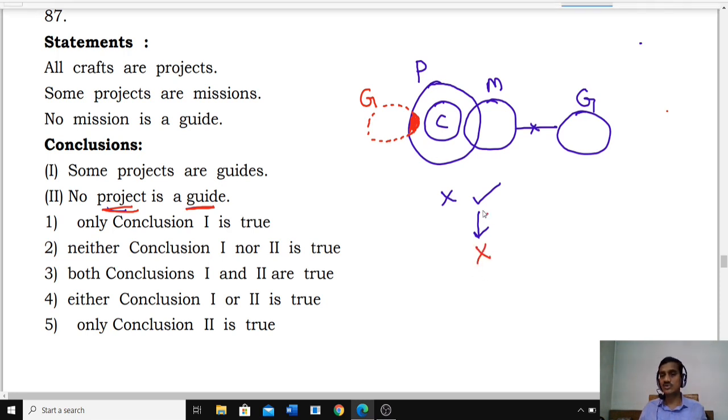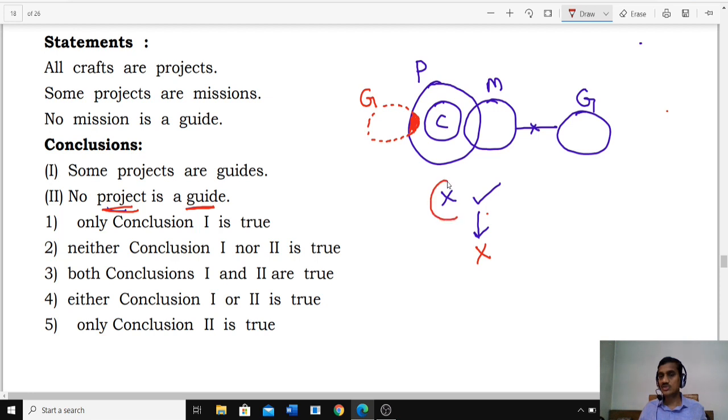After making the previous conclusion false, check whether the affirmative conclusion that was false in the basic diagram is now true. Some projects are guides. Now look here, it is true. So first conclusion false, second is true; first is true, second is false. Hence, between these two only one can be true, both cannot be true at the same time. Hence, it is the case of either one or two, choice for